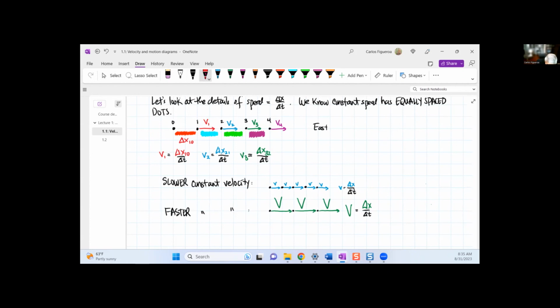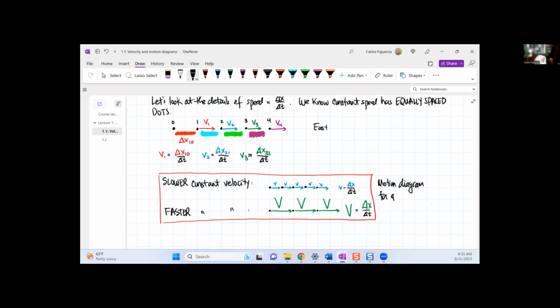So this then would be the motion diagram for constant velocity. Okay, so now